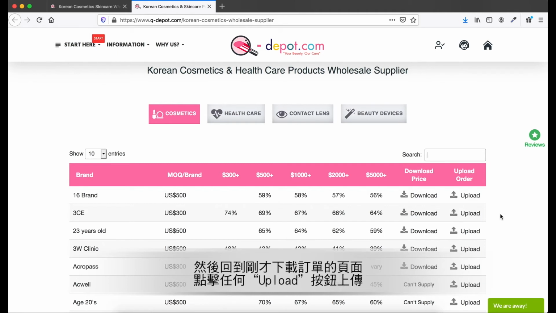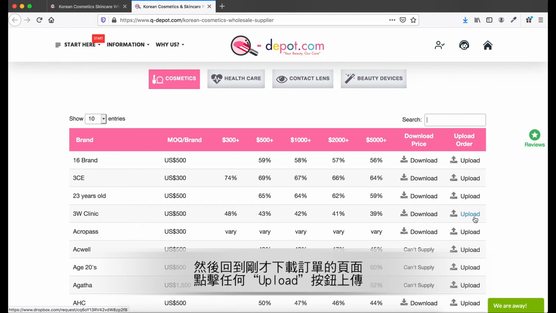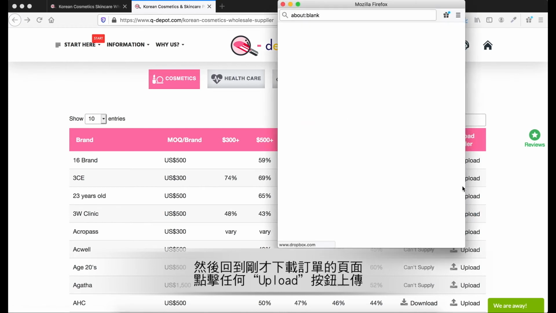To upload the order, you can click an upload button. Any of these, all of them will bring you to the same landing page. So you can click any of these upload buttons. So we click this one,